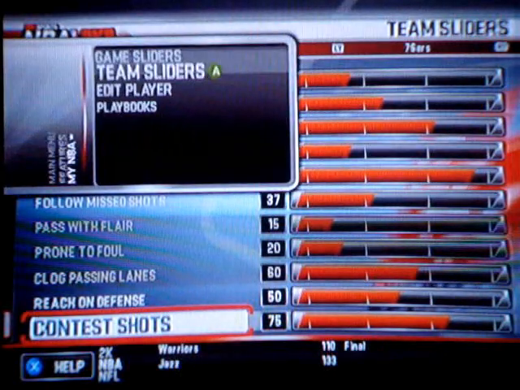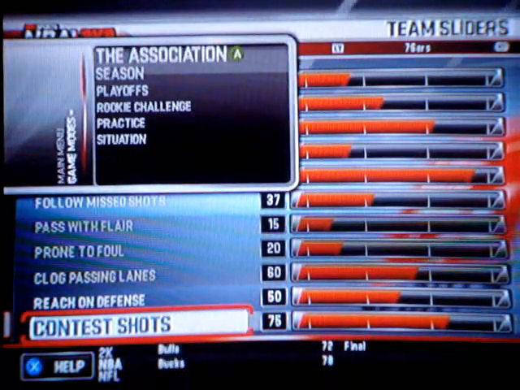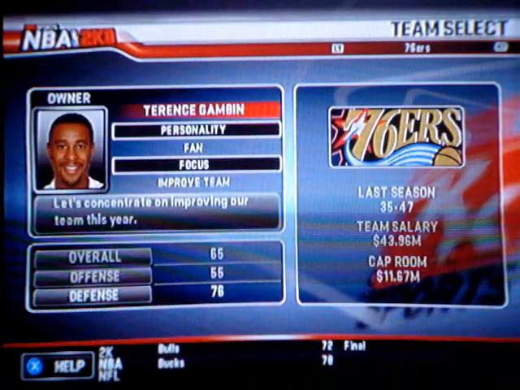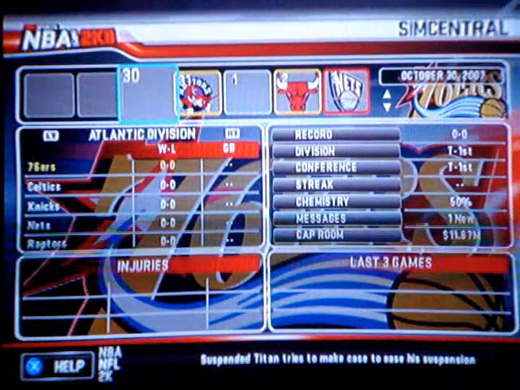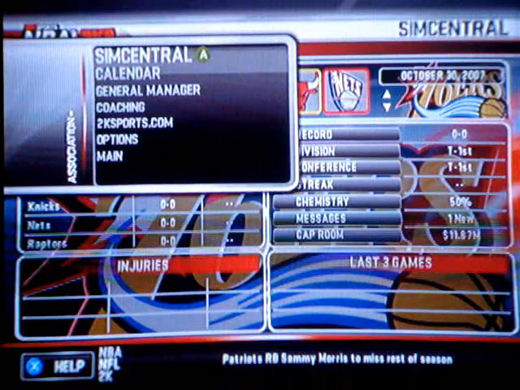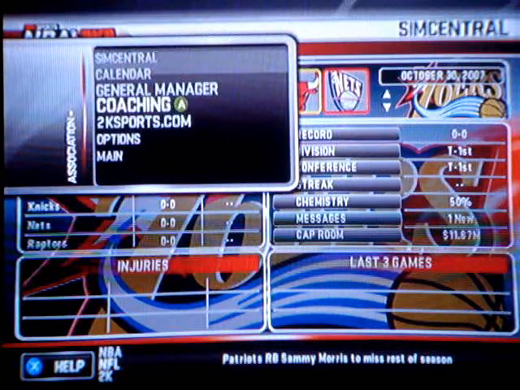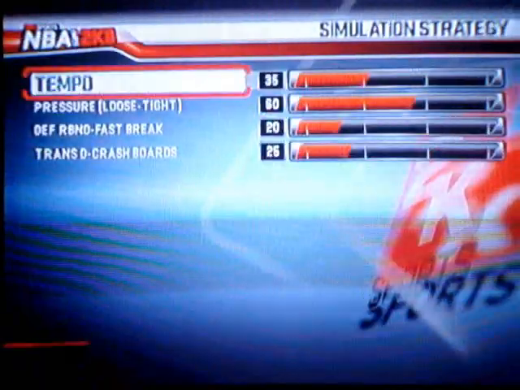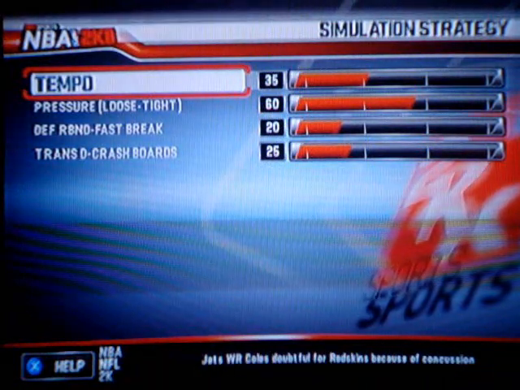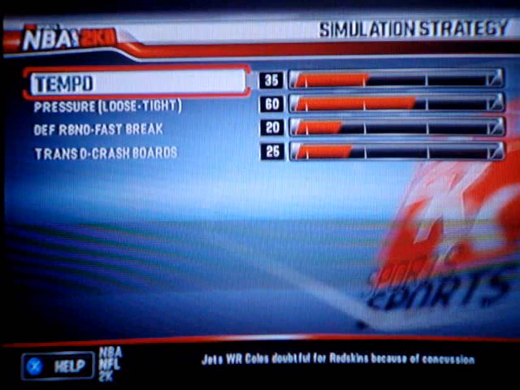Also, let's just go real quick in the association mode, and I'll show you one more thing here and we'll be done with this. Alright guys, in association mode, you can also help yourself before you hit the court by going to coaching, game plan, strategy. This is basically a broken down version of what we just went through, what I was just explaining